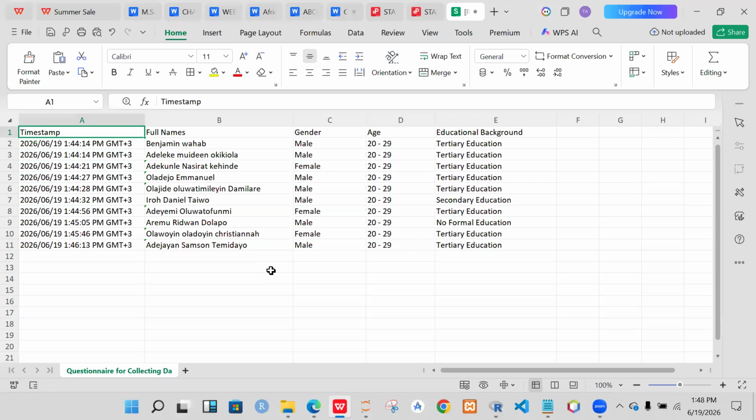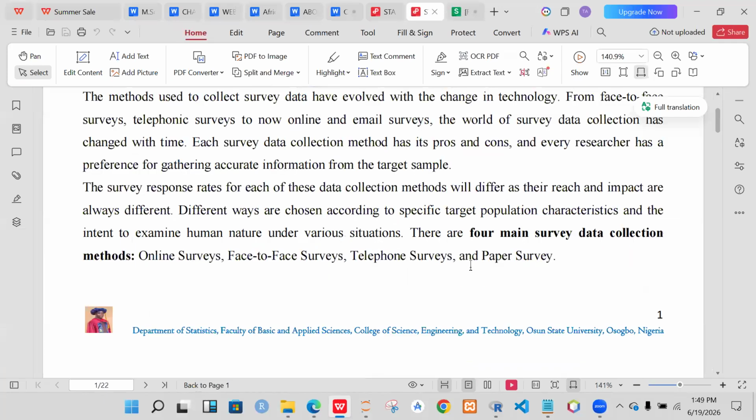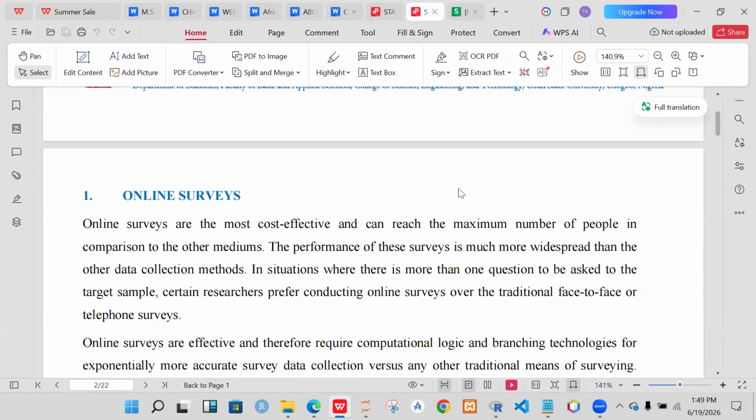So have you now seen the results? So these are the results. This is how it will look like. That's why I said it's very simple for you to understand. Can you now see? So now you can see that we have discussed that. So we are done with that. And